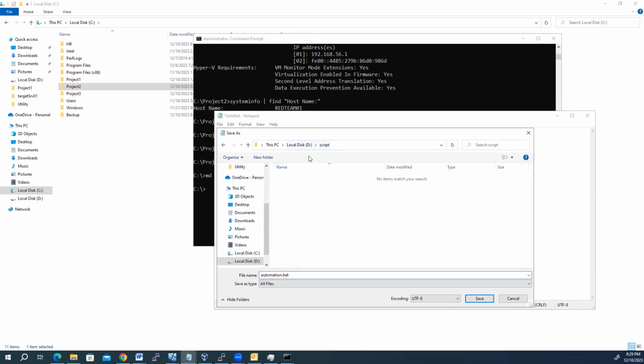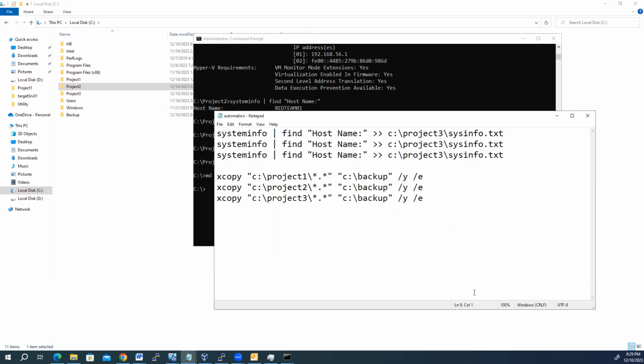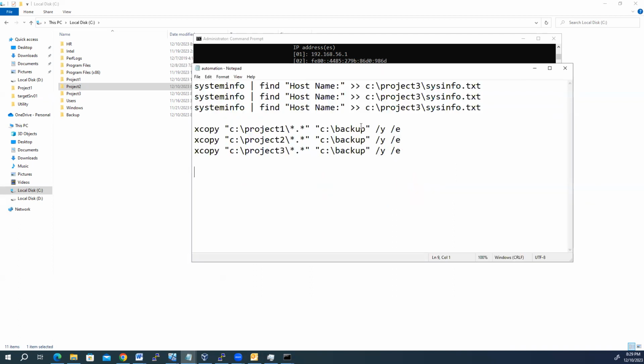You can save it wherever you want to, right? In this demo, I just save it under the D drive, under the script folder. Okay, save it. So now I have saved my file to that location. I want to run it. I want to see that, okay, you see that